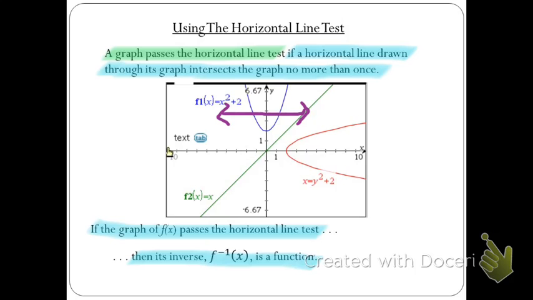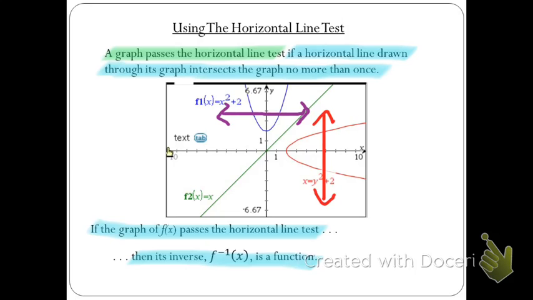And you can kind of see here, because I have these things side by side, when the graph of the function doesn't pass the horizontal line test, then that guarantees that the graph of its inverse will not pass the vertical line test, and so the inverse again is not a function. Alright,